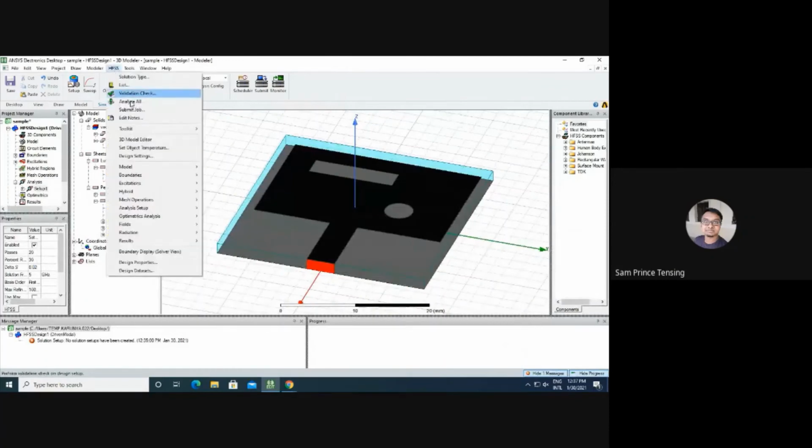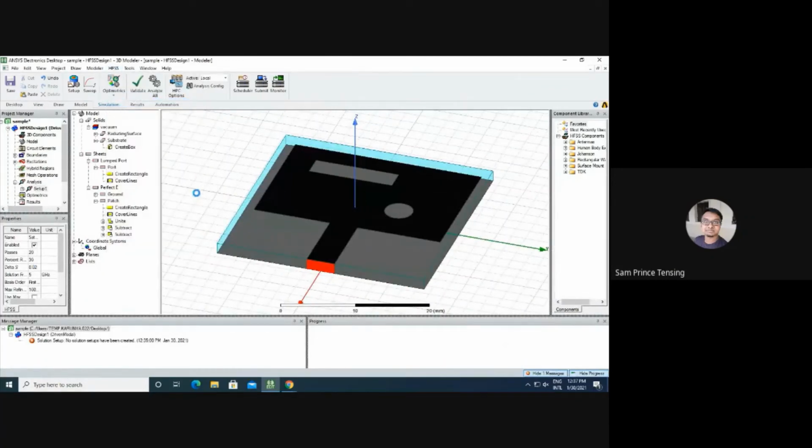Now it will run. For lower frequencies, the simulation speed will be higher. For higher frequencies, the simulation speed will be a little lower. Based on your system configuration, like an i7 processor, it will be fast, and for lower processors, the simulation speed will be a little slow. Your RAM also plays an important role in the simulation speed.